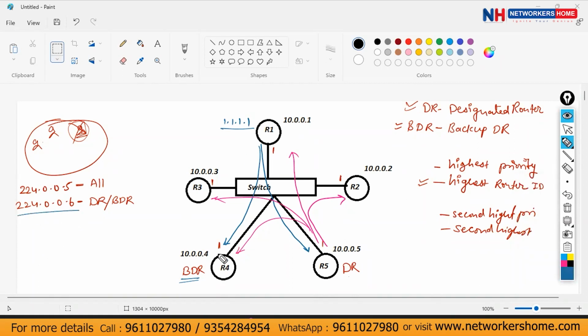224.0.0.6. Why? Because it has to send only to the DR and BDR. So when R1 updated the information, it was using the destination address 224.0.0.6. And when DR has to inform each and every router, your DR uses the multicast address 224.0.0.5. Okay. So your DR and BDR, they listen to both the addresses 224.0.0.5